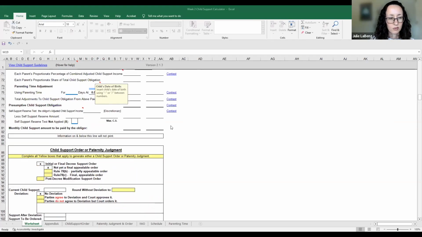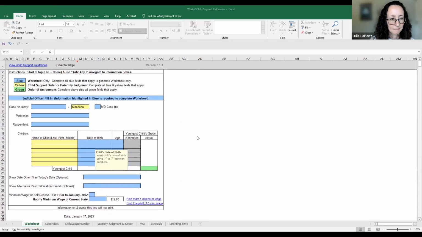Okay, so I'm going to move back up to the top. If you have a case number, you're going to enter that here. For your county, you'll see there's a drop-down menu and you can pick any county that you're in. If you have a 4D case, meaning you or your co-parent are receiving welfare benefits, you would check this box. Here you'll put in the name of the petitioner. I'll use Jane Doe, respondent, John Doe. Each child,